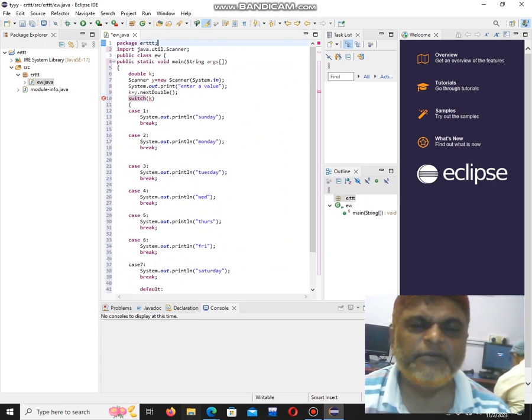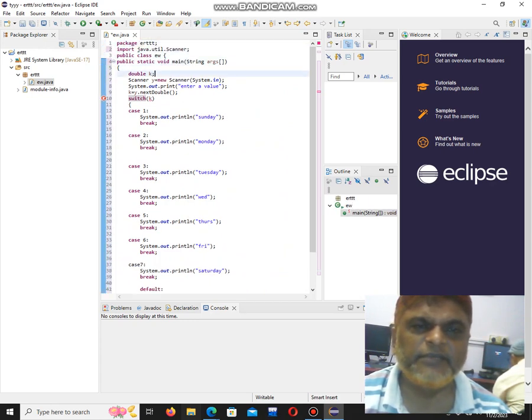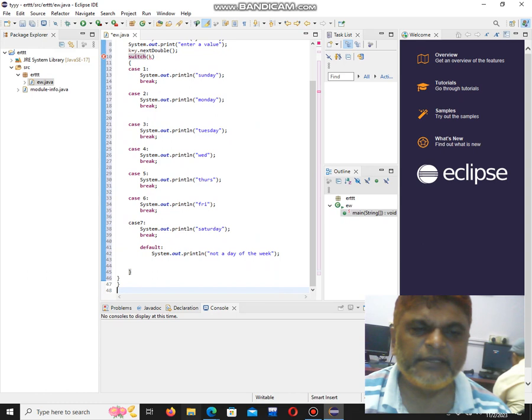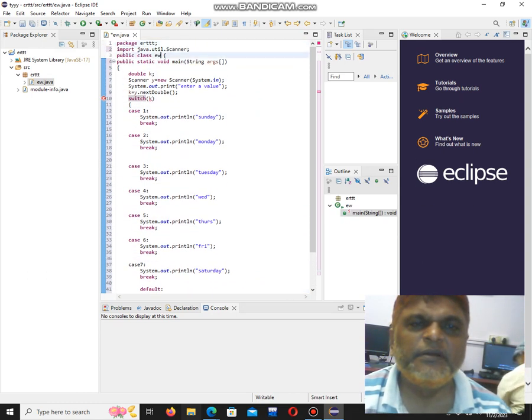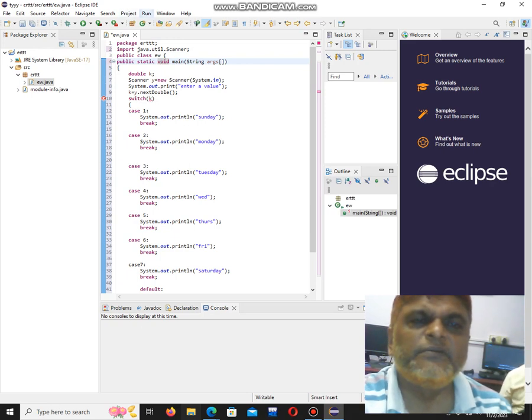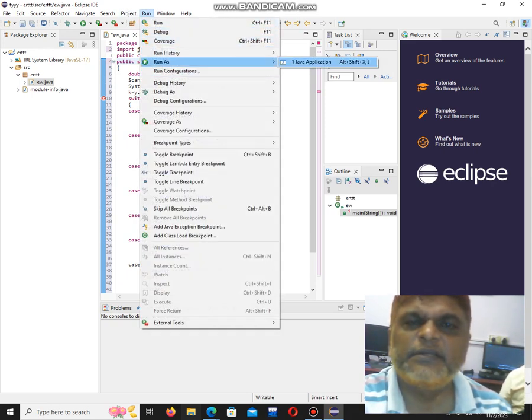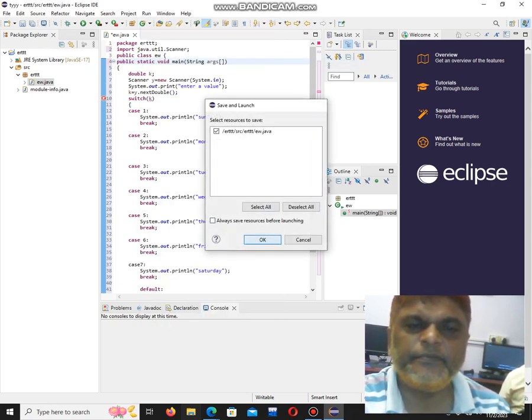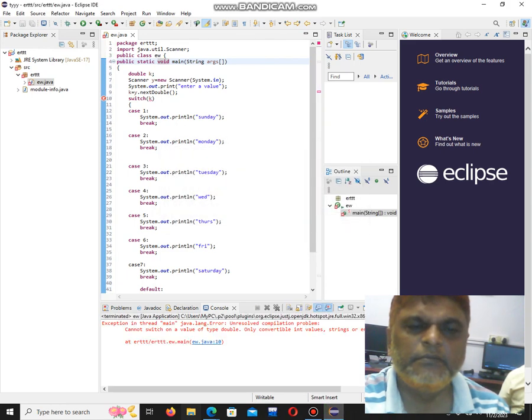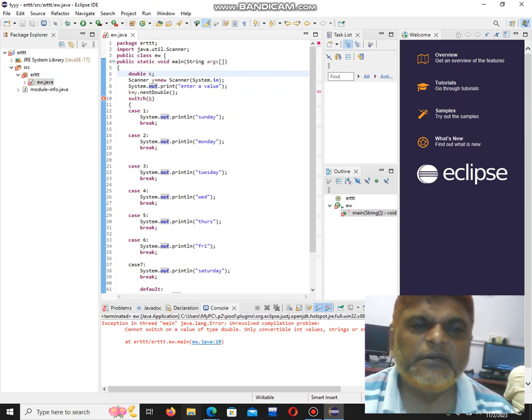Now one bracket is for the class, one for main, and one for switch, so you have to close 3 brackets. Now go to Run, then Run as Java application. The variable name is switch k.